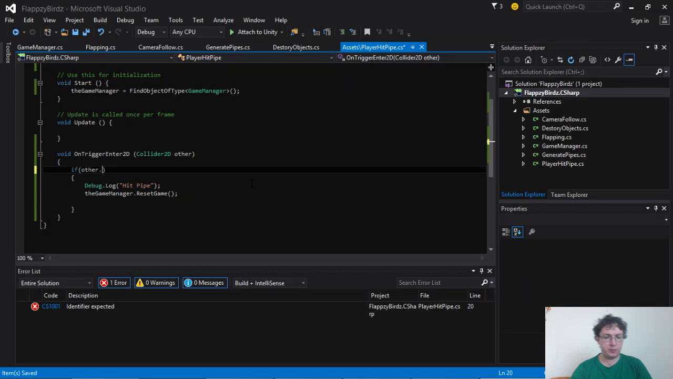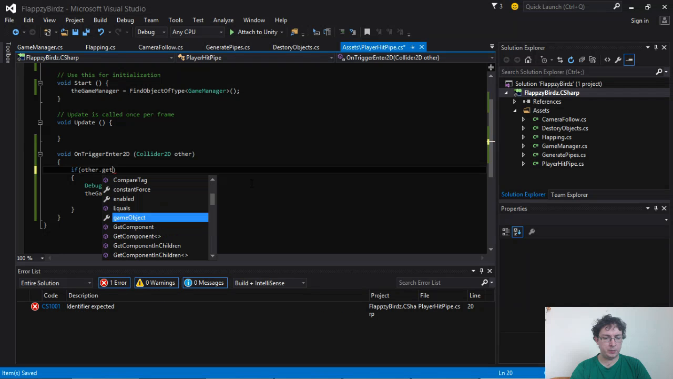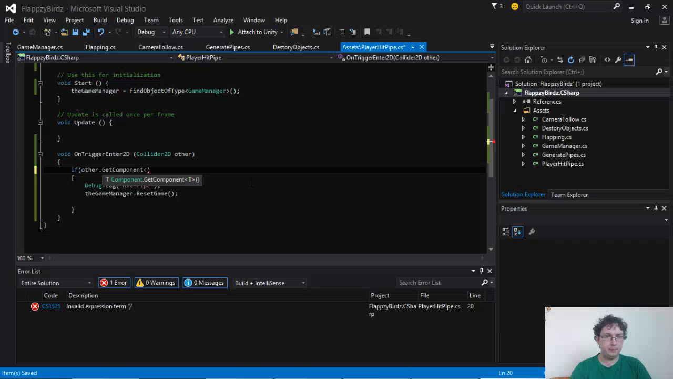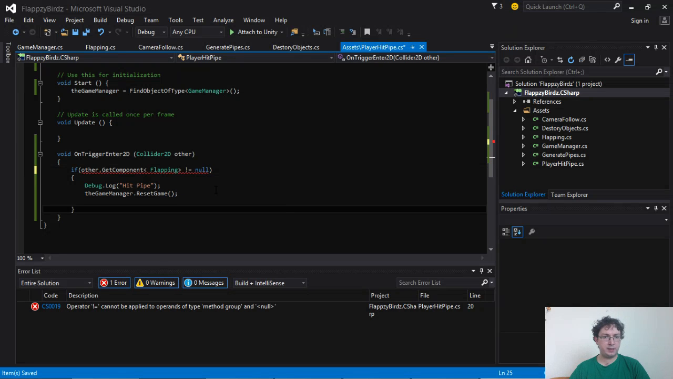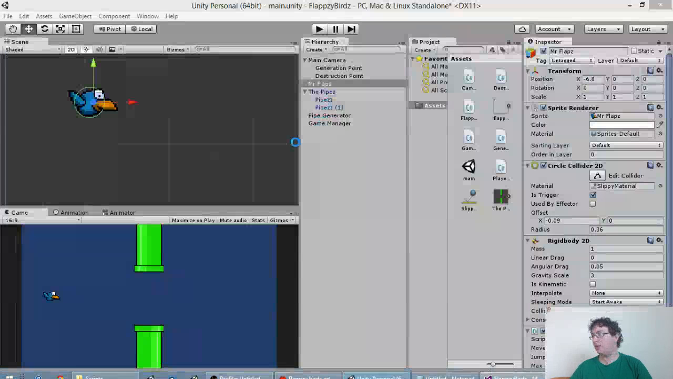Okay, let's try doing this a different way. If other.GetComponent flapping. Wait, no, can I just say has component? If other dot, no, it is get component. If other dot get component flapping is not equal to null. So basically, if we can get flapping, so if our player has the flapping object,